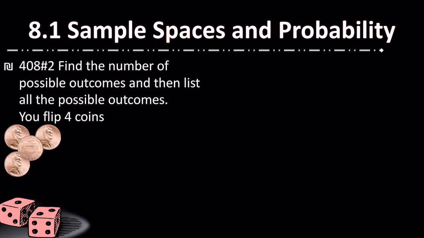Alright, so let's try page 408, number 2. Find the number of possible outcomes and then list all the possible outcomes. Well, the easiest way here is to make a tree diagram. So we have, say, coin 1, which could be either a head or a tail. Then we have coin 2, which could either be a head or a tail,